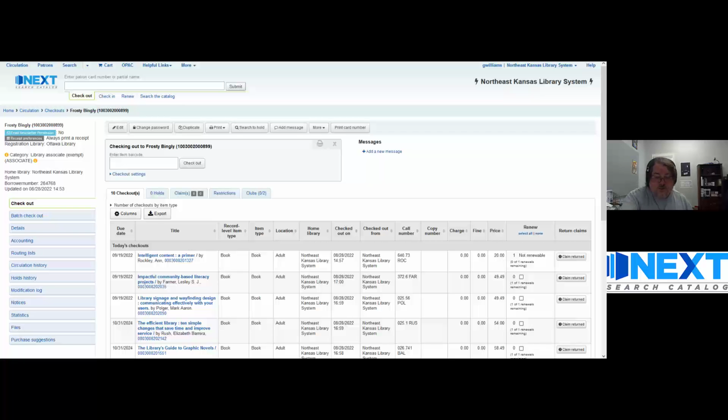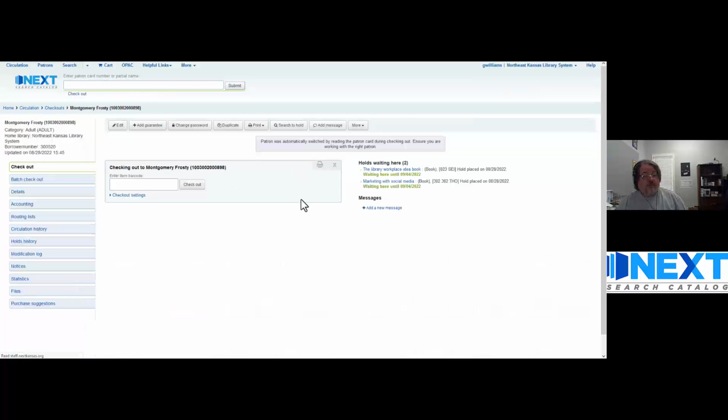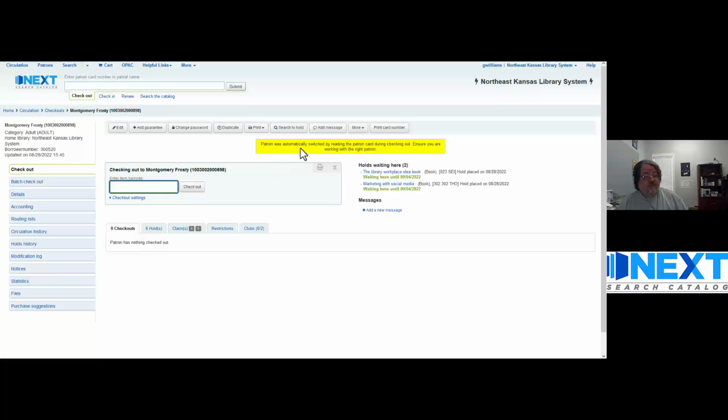So there's another situation that might happen. Maybe you're busy at the circulation desk. You've had a whole bunch of people come through, and you move on to the next borrower. And instead of putting the cursor back up here in checkout to switch to a new borrower, you accidentally scan the next borrower's card here. That's not a problem. It will switch you to that borrower. When you scan a card number that isn't an item,